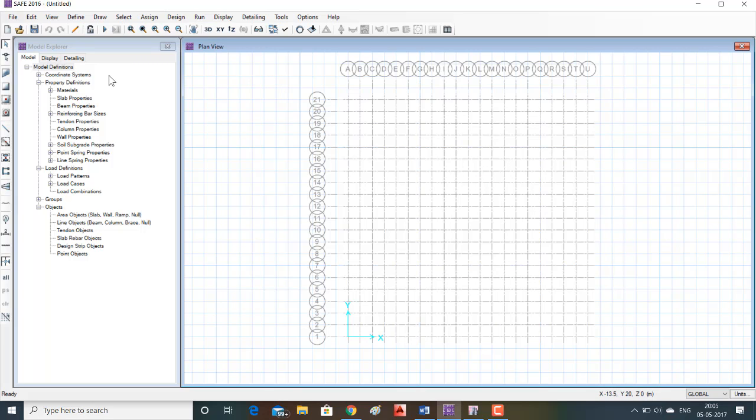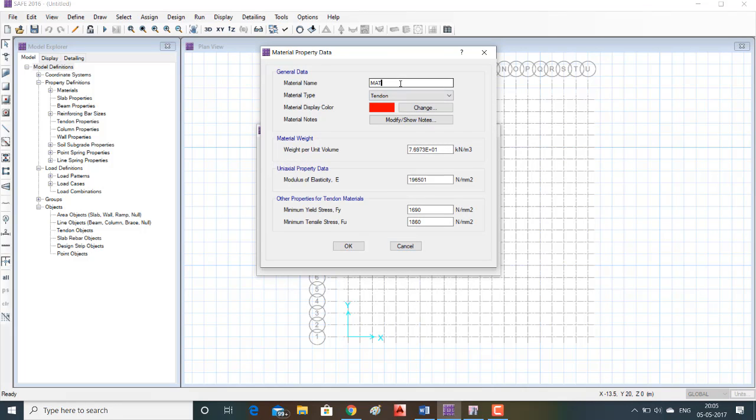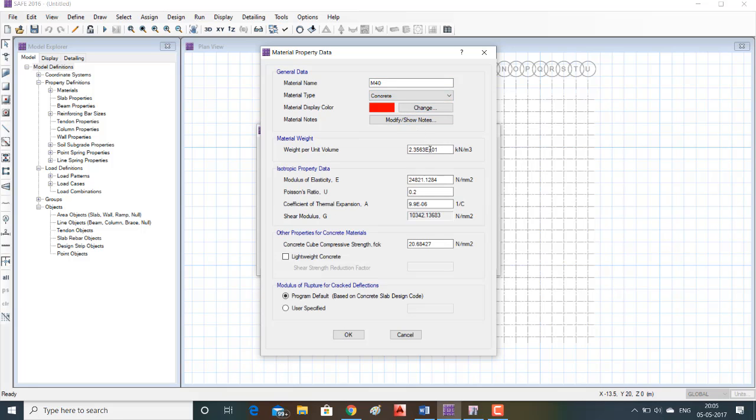Now next we should define the material property. Go to add new material. Name it as M40 concrete. Weight per unit volume is 25.